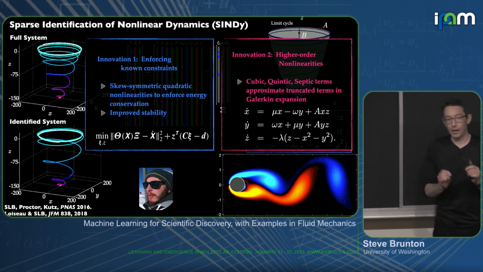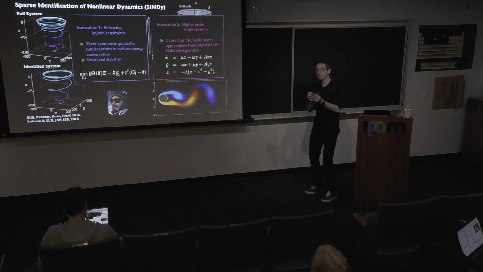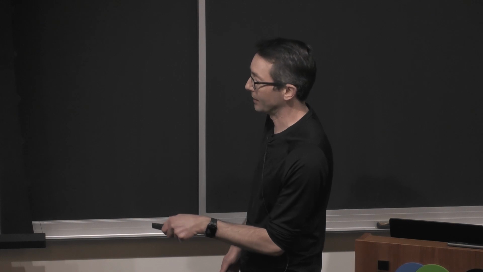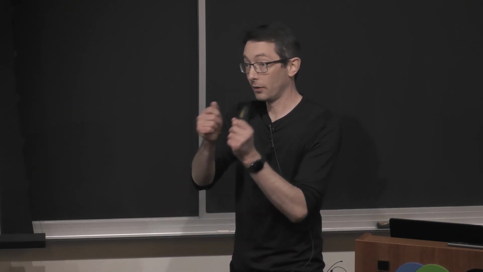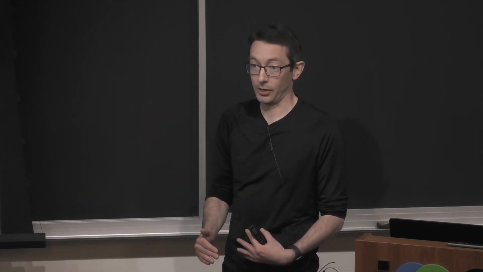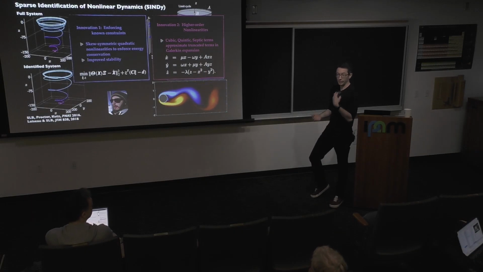And so we know a lot about incompressible fluid flows. We know that they conserve energy. And more than that, we know that they conserve energy because of a skew symmetry in the quadratic nonlinearities. Okay, this is from the Navier-Stokes equations. And that's a very special kind of partial knowledge. It doesn't tell me anything about how the coefficients are going to be for this very particular flow, except that all of the quadratic nonlinearities have to be skew symmetric. And so I can add 10 constraint equations, well, JC added 10 constraint equations, and immediately our models are guaranteed to have that symmetry enforced, all of them by construction, which dramatically improves stability of the models.